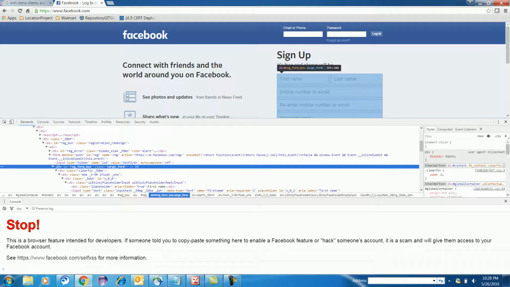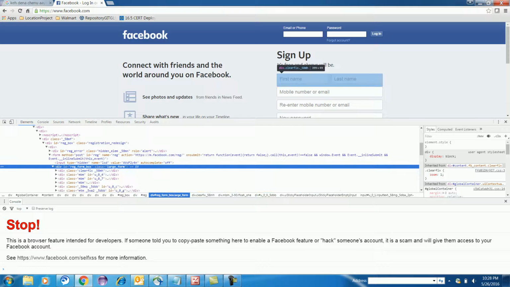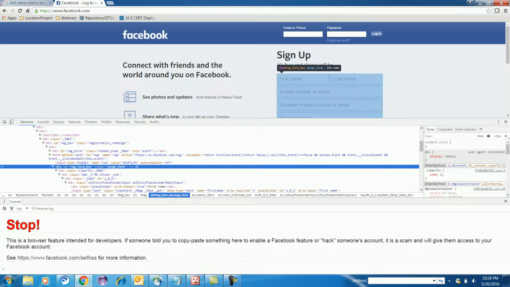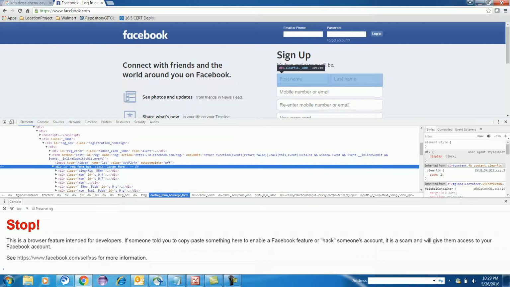Now we got the object of this registration form. If you collapse all this, what you see is this is your first div, which means inside this form, this is your first child. So this is the parent, this is the first child.